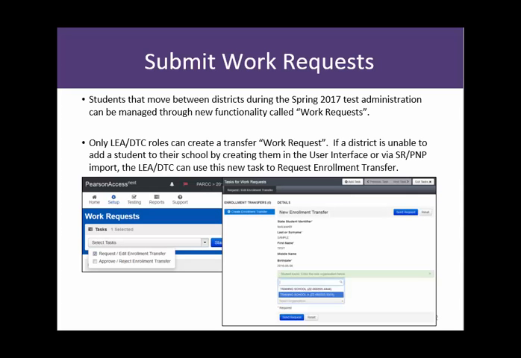One of the tasks you will be completing before testing is when students move in between districts and schools during the 2017 test administration. It's managed under a new functionality called work requests. Only district test coordinators at the district level can create a transfer work request. If a district is unable to add the student to their school by creating them in the UI or in